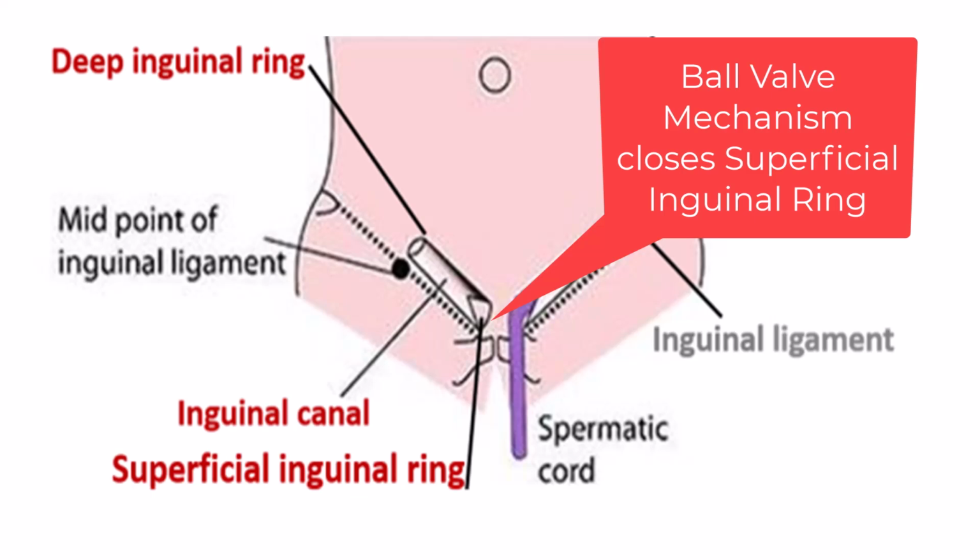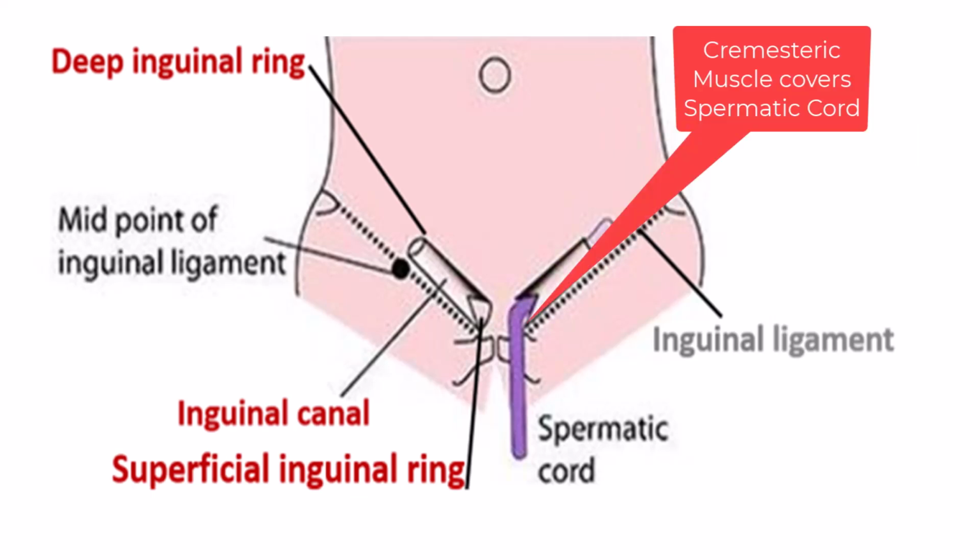But again, the question is how it's going to happen. You know very well, inside the canal there is a small muscle, and that muscle is the cremasteric muscle. This muscle wraps around the structures which are traveling to the testes, and we know it holds the spermatic cord, which is wrapped by the cremasteric muscle. So whenever you suddenly strain and this muscle contracts, it pulls the testes slightly upward, and the bulk of the testes in the outer canal acts like a cork. It plugs up the superficial ring from inside, and in this way the superficial inguinal ring is closed.